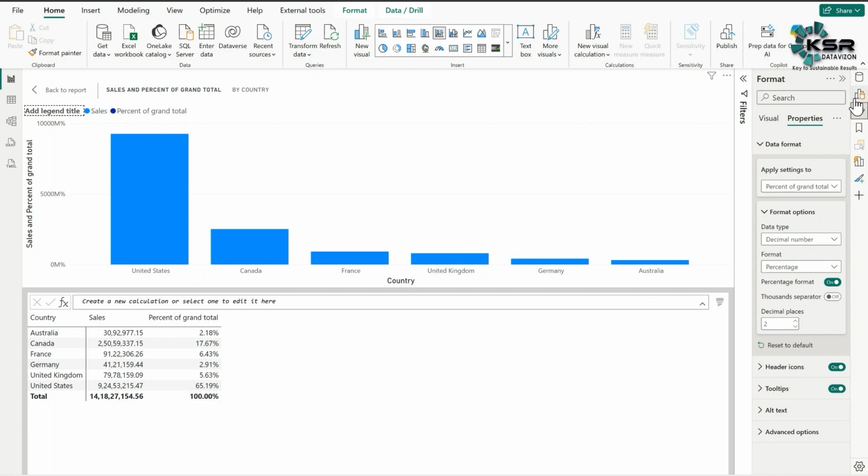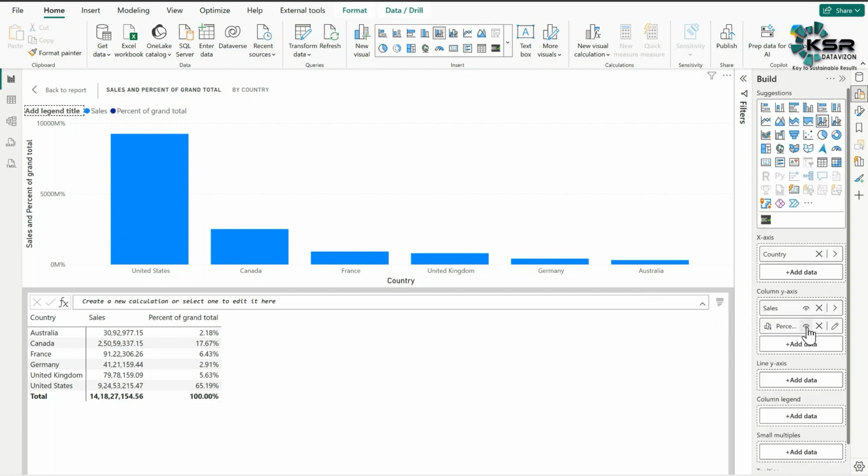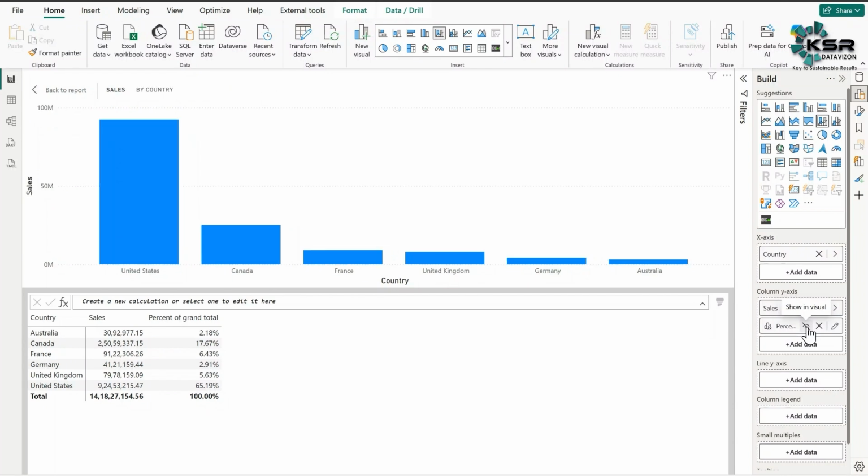So now let me come to this one, and what I'll do, I'll hide this. Let's say now if I want to create a Pareto line on top of this line, we will create one measure. So first, what we will do, we will create a running sum on top of this percentage grand